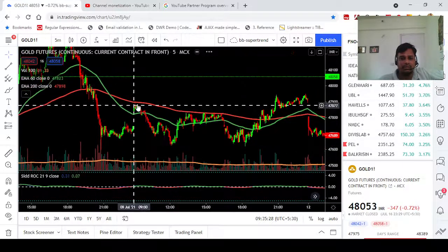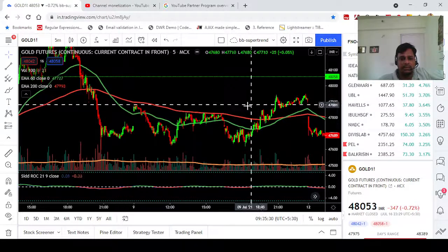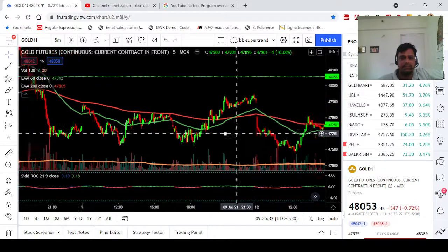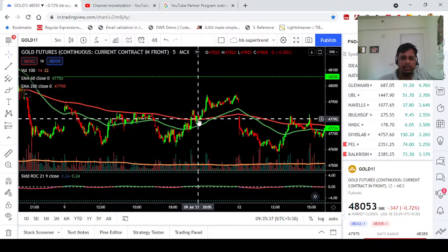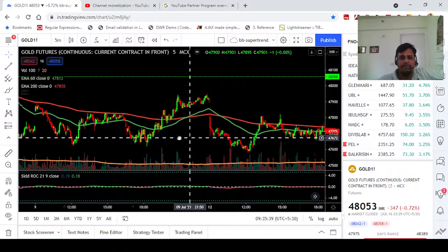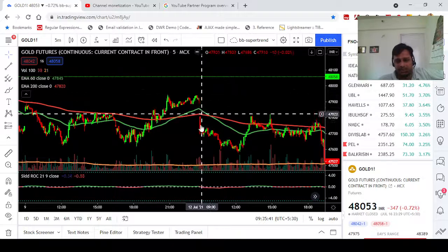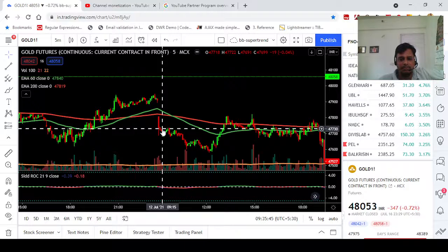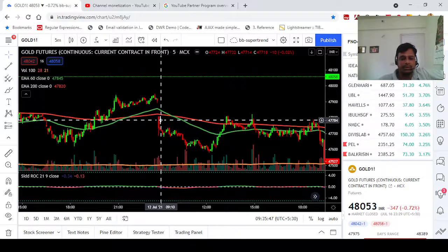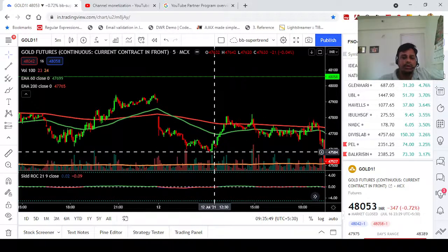Okay, you see that here it is taking resistance, taking resistance, taking resistance, then it crossed here and took the support here. You can go long, stop loss will be here, then it went up. Next day it is down, a gap down was there. When a gap down is there from below the 200 moving average, you are confirmed that okay, the trend is down for a few hours, so let's short here.